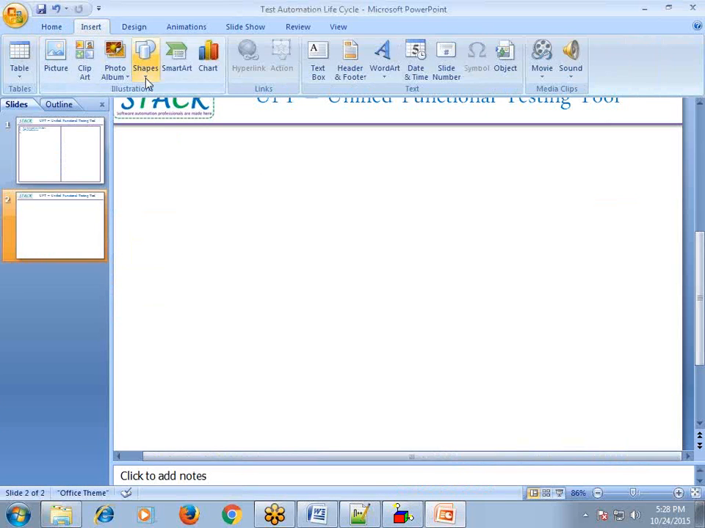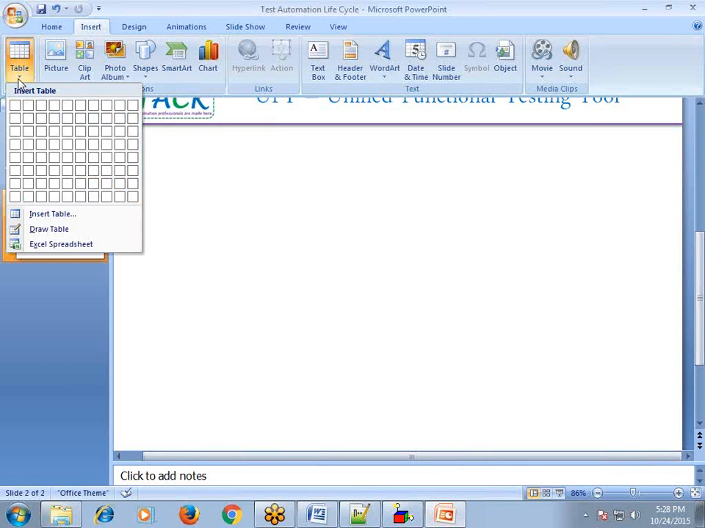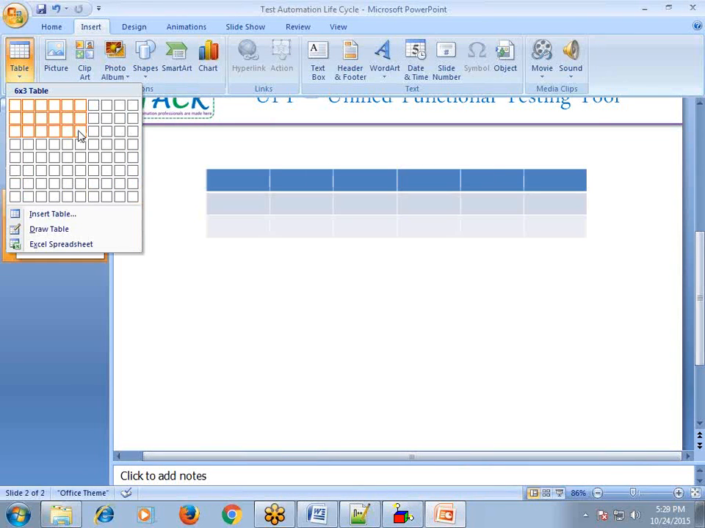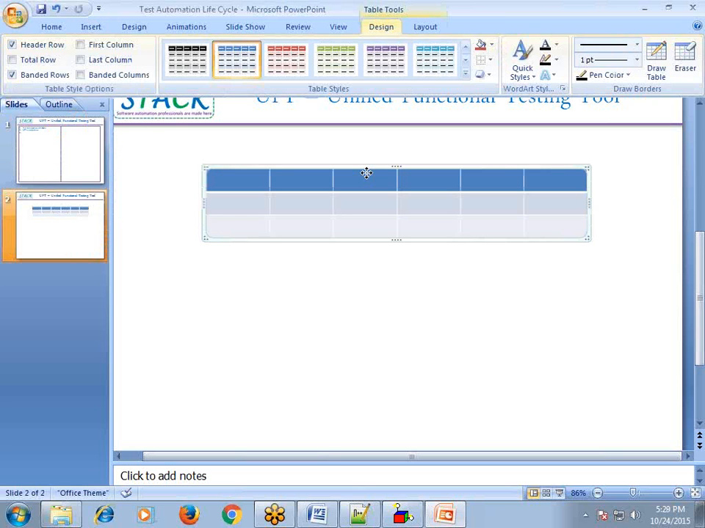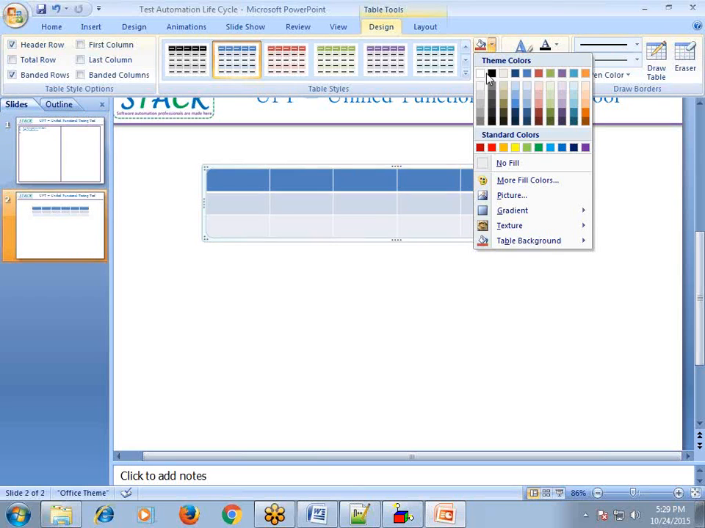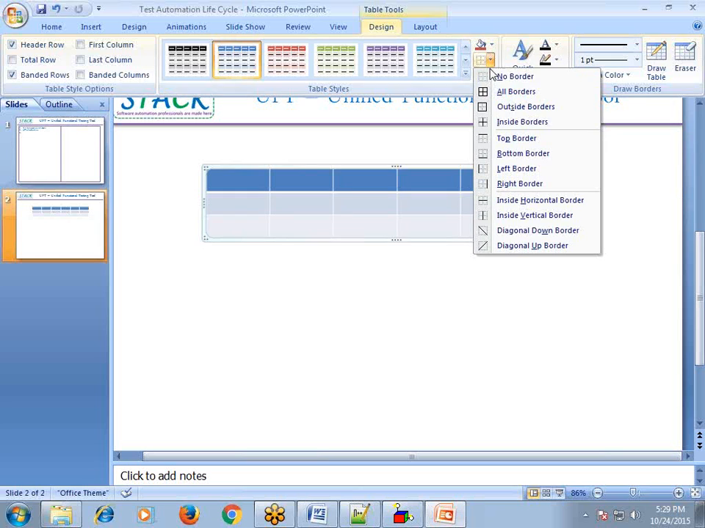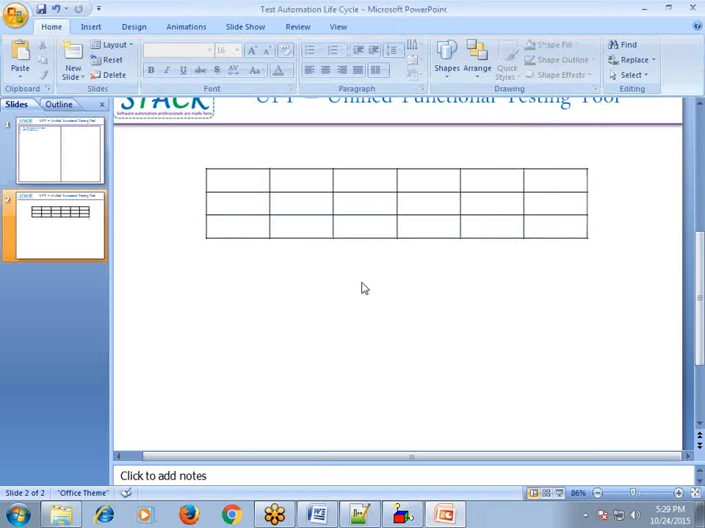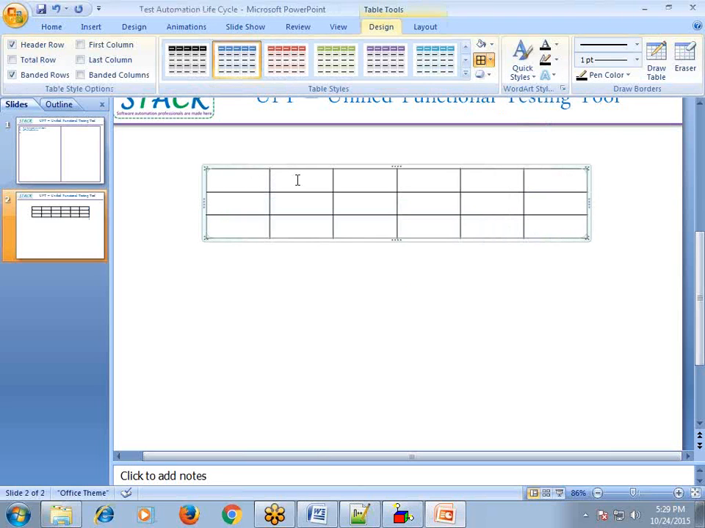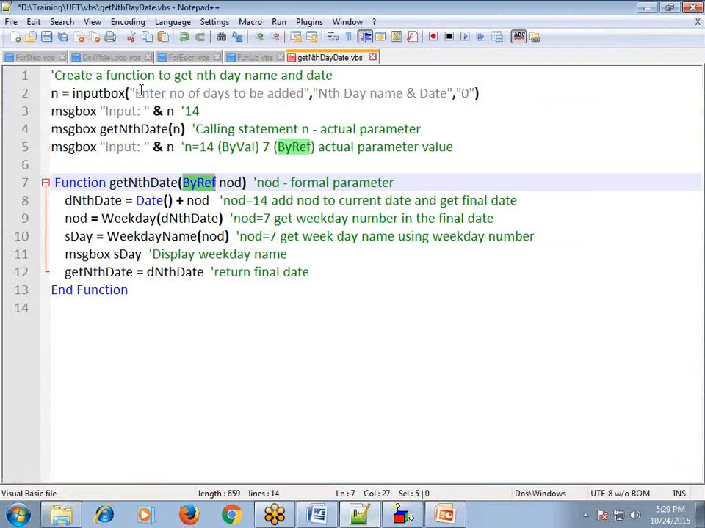Let us assume that this is the memory space. Insert a table. This is the memory cell. Each cell is a memory cell, and each cell has some address. This is the RAM. Now, when we are running this program, whenever you find the n variable for the first time,